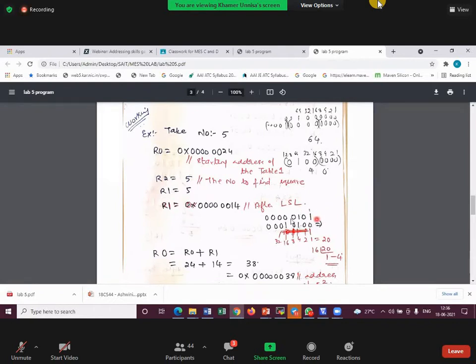So see over here, my 5 is my value. I will perform the logical shift left operation twice. So after twice, the bits will move twice to the left side. Now you see what is the answer I got. I got the answer to be 20, and this 20 is in the decimal format. I should convert it into the hexa format. So after converting this 20 to hexa format, the answer is 14. So R1 will have the answer 14 after the logical shift left operation twice.